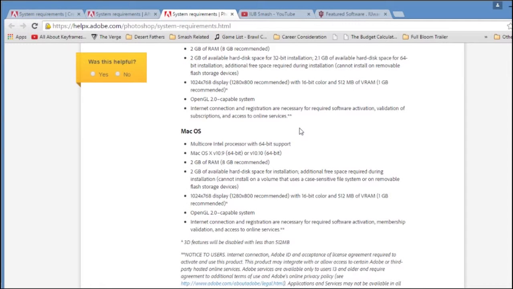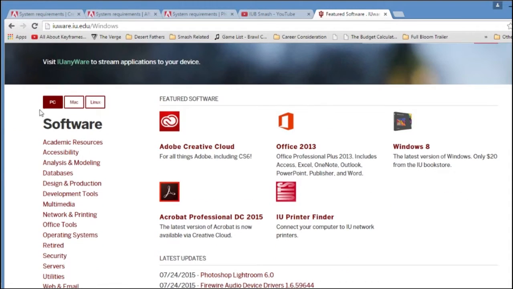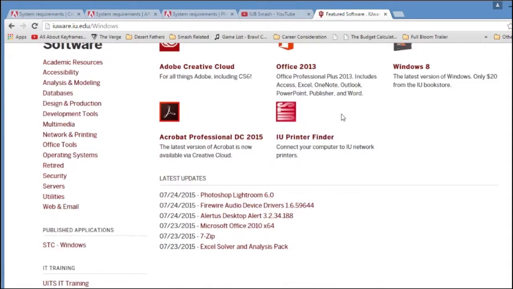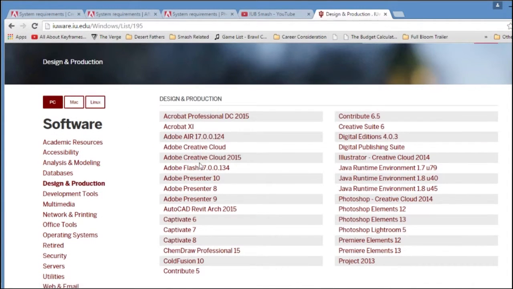So like I said earlier, the main audience for these videos was future or current members of Indiana University Bloomington Smash Group. And luckily, if you're a current member of Indiana University, you can come over here to this area called IUware, and it's pretty much an area to get free resources, usually in the form of software. And lucky for you, you can come over here, click on Design and Production, and you have access to Adobe